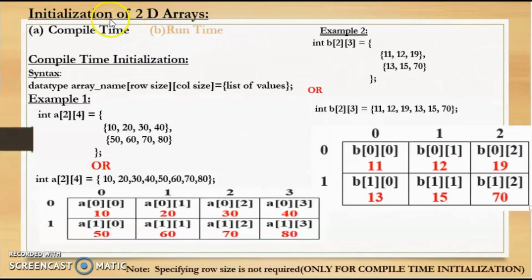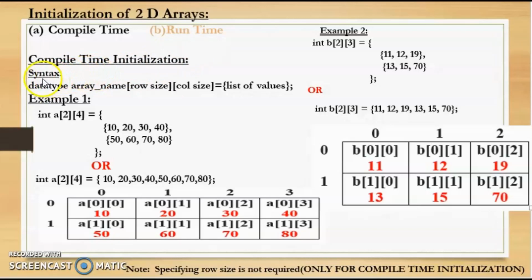Next, we will learn how to initialize two-dimensional arrays. Initialization meaning we need to insert some values inside the array. So there are two ways of initializing. One is compile time and second is run time. So first we will learn compile time initialization. In compile time initialization, first only we specify the values. That is, before we run the code or before we execute the code, the values will be assigned inside the